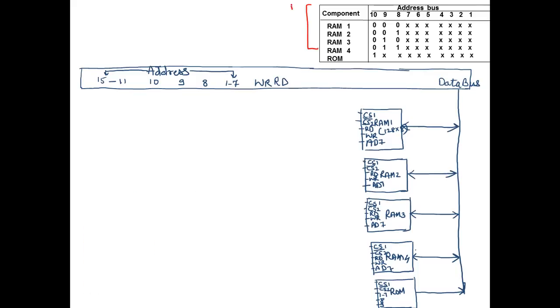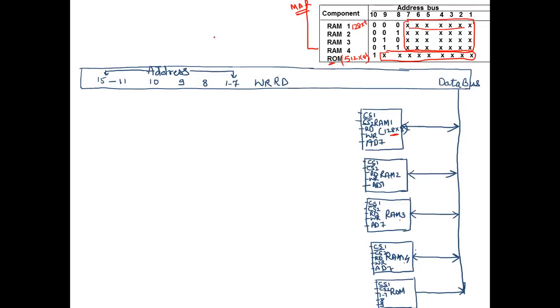So this is nothing but the memory address mapping, which we were learning in the previous session. We know that 7 address bits are designated for selecting the RAM, just because the size of this RAM is 128 by 8. I have only written it here because the space was very less. Otherwise, each RAM here consists of 128 by 8 bit size. And this ROM consists of 512 by 8 size, so a 9-bit address is required to address the ROM.